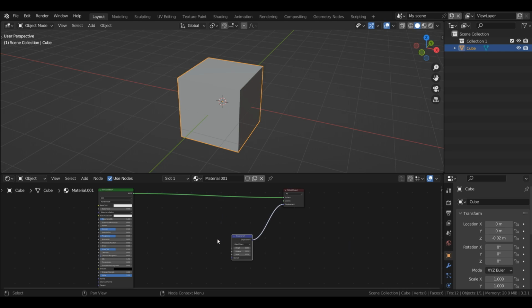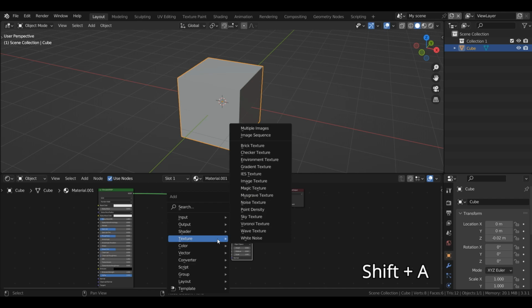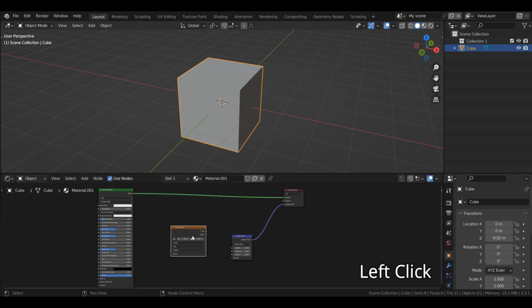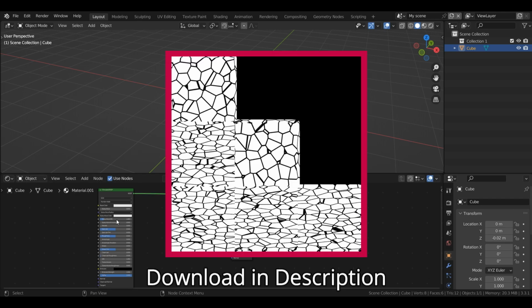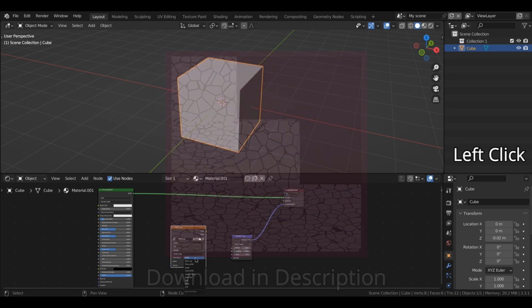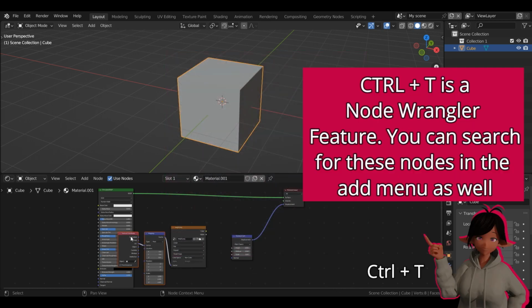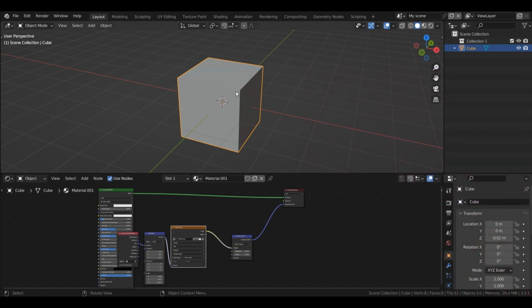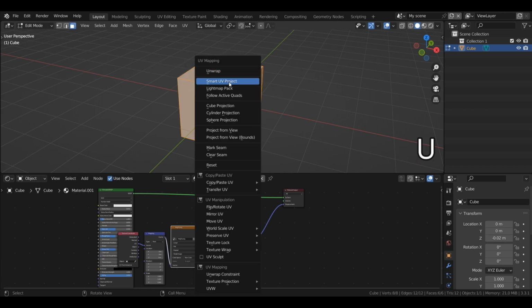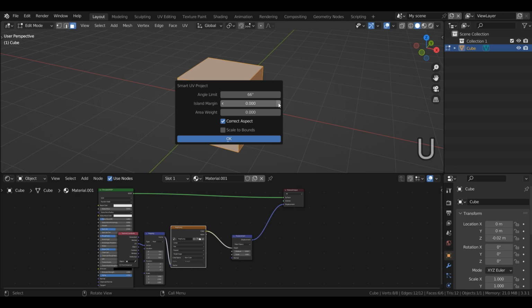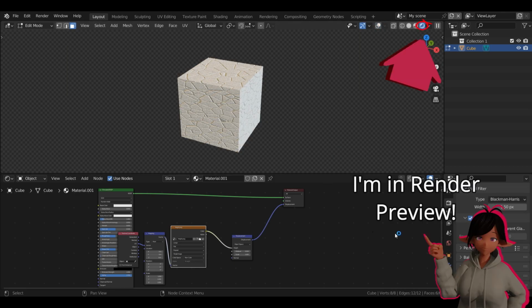So I'm going to take my height map that we used in the bump example by just adding an image texture, pressing open and finding my image, and I'll change my color space to non-color, press Ctrl T, make sure we're using the UV coordinate, plug my color into the height, then in the 3D viewport, I'll press tab, enter edit mode, A to select everything, U, smart UV project, change your island margin to around 0.3. Straight away you can see our bump effect, but this isn't using the full effect of displacement.